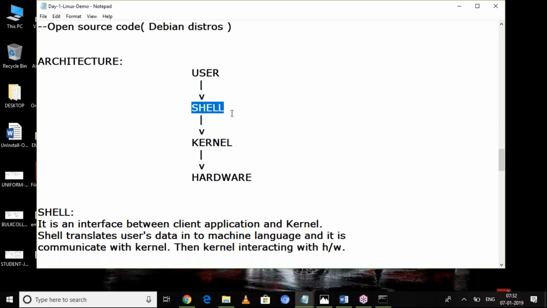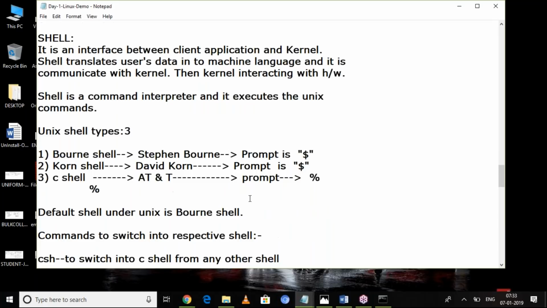Shell will be started. Shell is a command window. Simple. In that window, you can type commands. Then it communicates with the kernel. The kernel communicates with different applications in the hard disk.